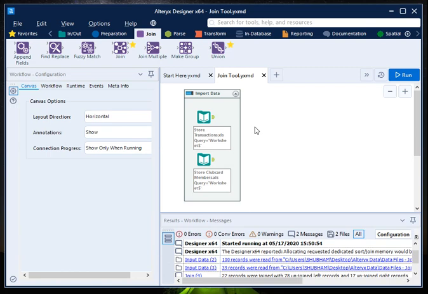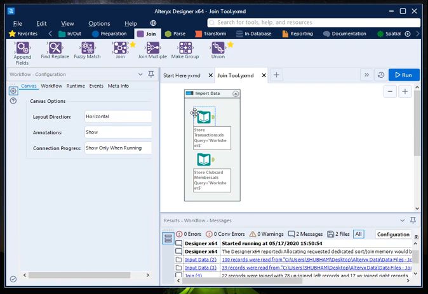Suppose you want to join two tables, table 1 consisting of employee ID and their salary, and second table consists of employee ID and their manager name. Now you want to combine these two tables into one table consisting of, say, employee ID, employee salary and their manager name, right? So that's the purpose of using a join tool.